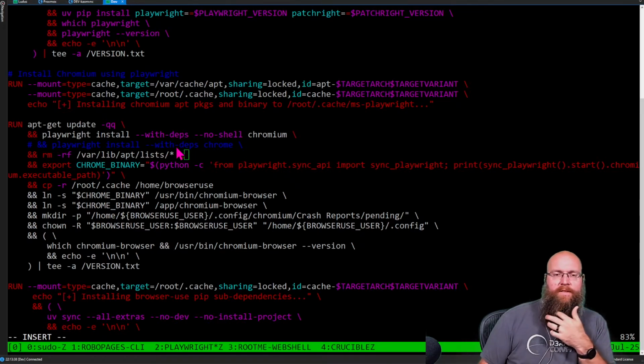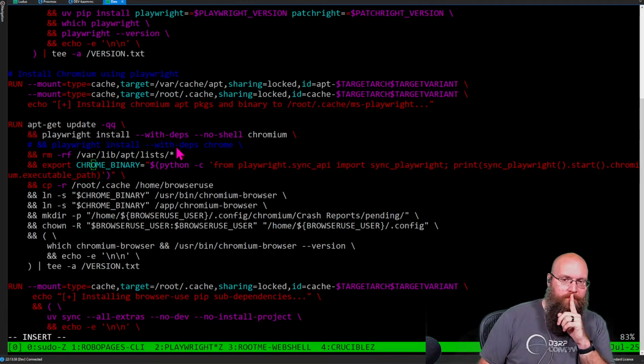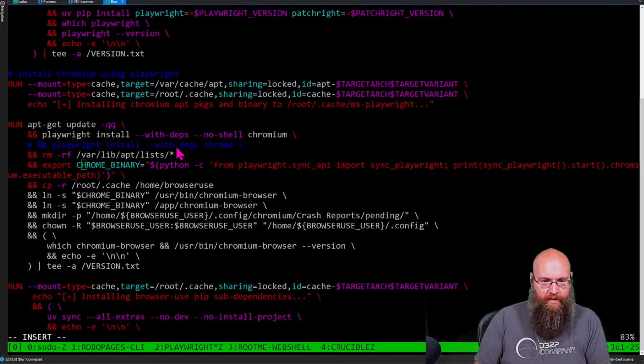Now, what's funny is, here's the issue. This export here, when they're exporting it, this is running as root when this happens. So when you run this Python here,